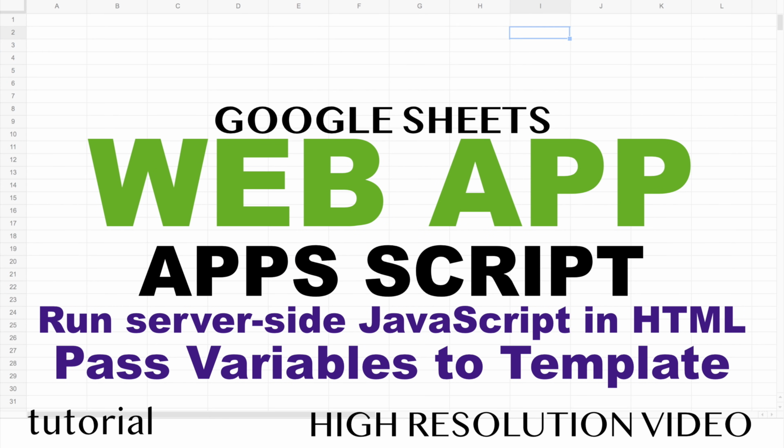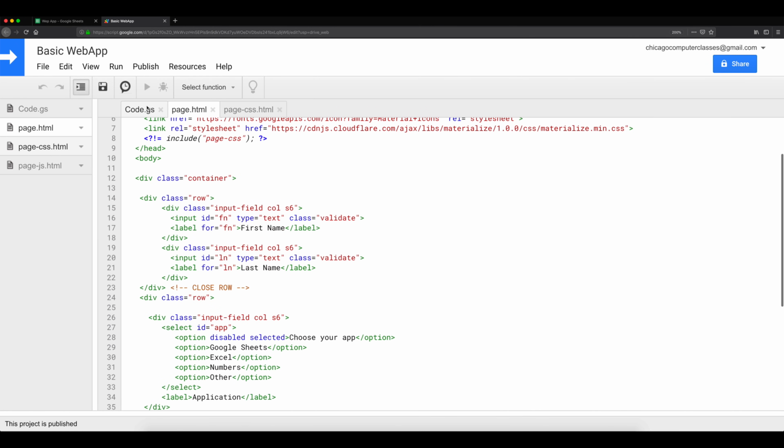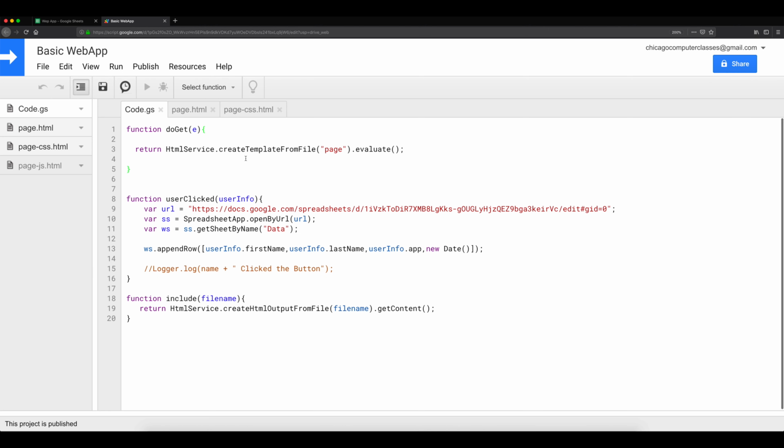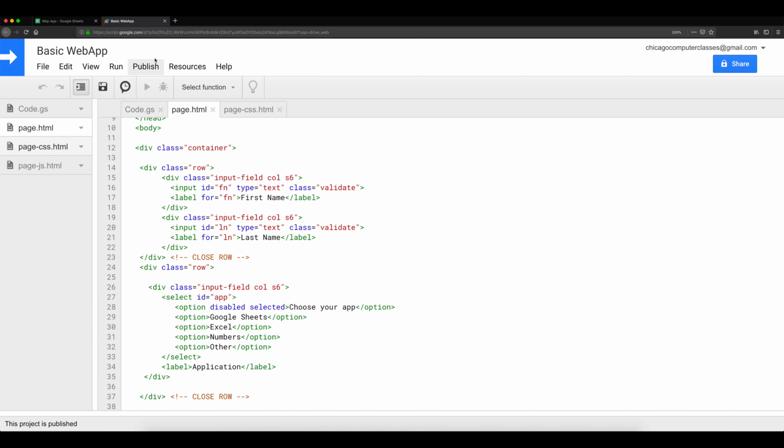Okay, so in this video, we're going to pass some variables to our template. So we're gonna get some information from our script, we're gonna pass it to our HTML, and we're gonna use it here. So for this example, what I'm gonna do, just to remind you where we're at right now,